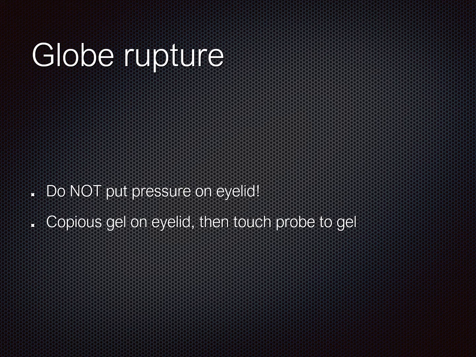If you were doing ultrasound for globe rupture, you would have to be doing it very carefully, and you would have to be doing it in a situation where you were making a decision about transfer to definitive ophthalmologic treatment. But even then, I would say it's a pretty dicey thing to be doing. If you're going to be doing it, obviously the goal is as little pressure on the eye as possible